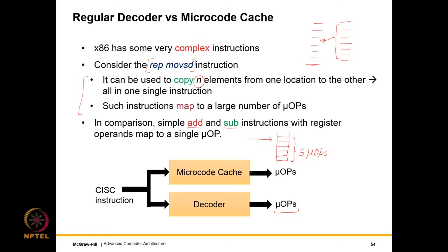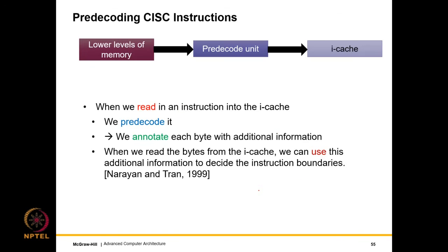So the microcode cache for every complex instruction stores a set of basic micro instructions, and it is necessary to read this cache for effective translation. So we don't use a decoder for extremely complex instructions. We just use the cache. Otherwise, we use the decoder. So keeping this in mind, let's move forward.